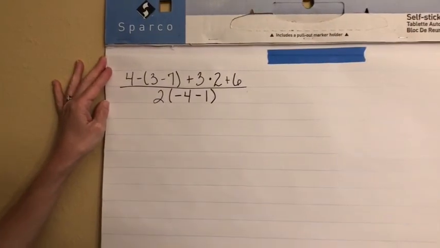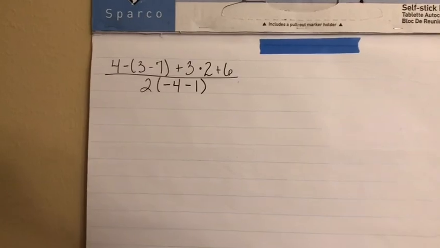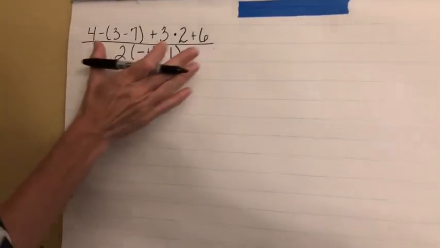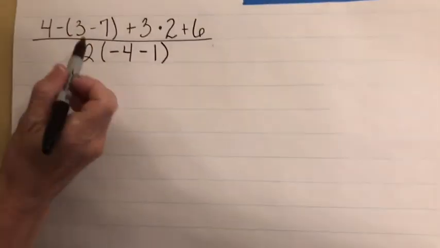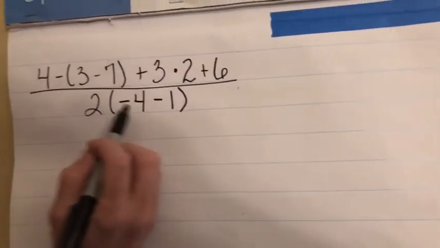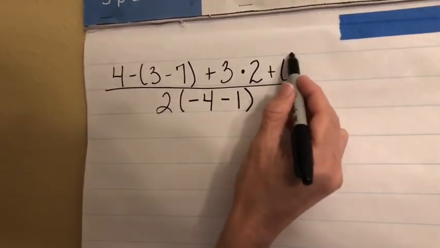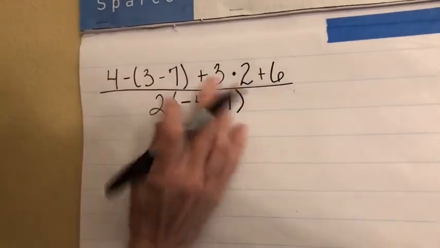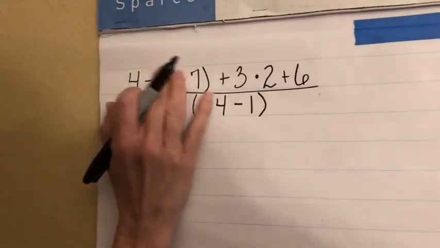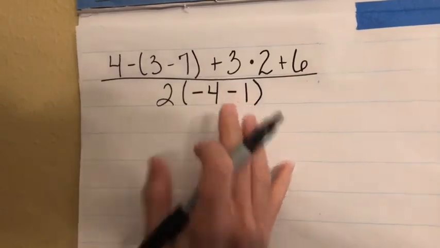Right, so this is lesson 93, using fraction bars as a symbol of inclusion. When you have a complex fraction like this, where you have different operations happening in the numerator and different operations happening in the denominator, it's as if this has brackets around it, and it says, do me first. So you're going to have to do everything in the numerator and everything in the denominator before you divide,